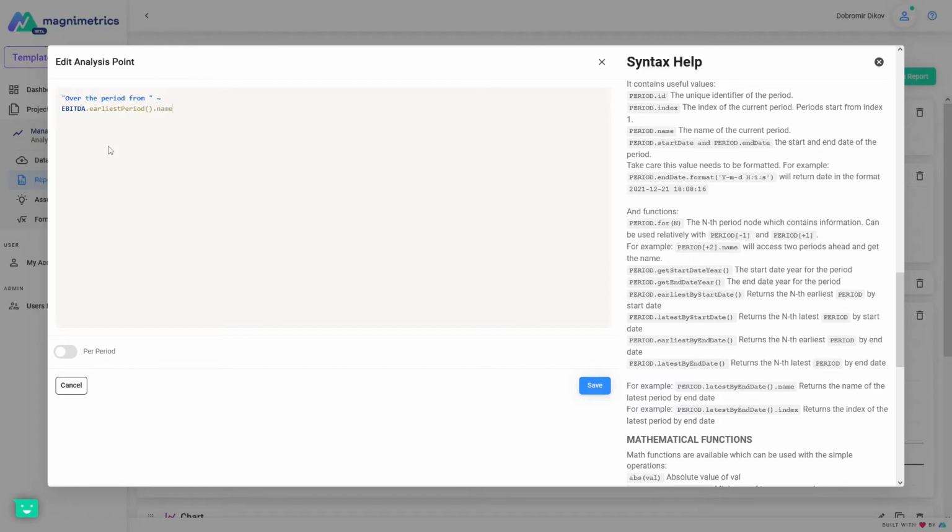Say name, which would grab the period name, or I can take the start date, but let's go with name because it's shorter. I'm going to go to EBITDA latest period dot name. I forgot my tilde here. Then I'm going to say company name in double curly brackets, achieved an average EBITDA margin of,